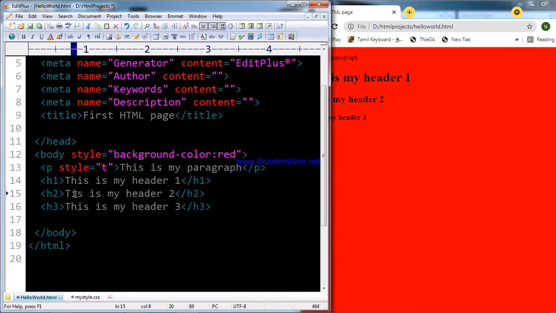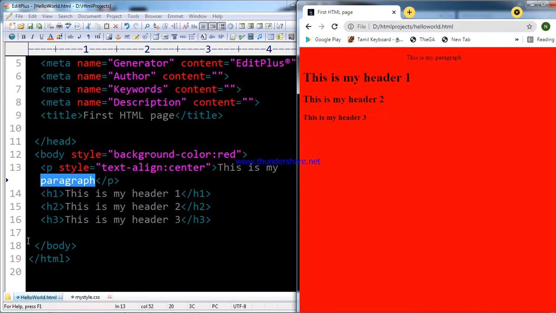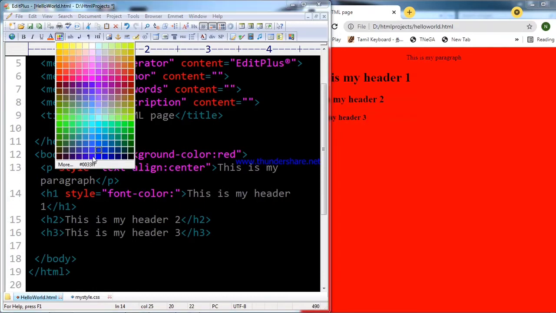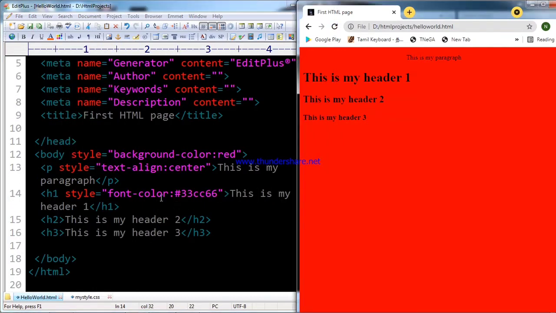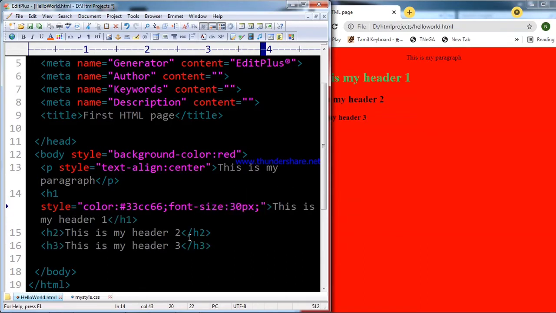Then this is inline. Inline is where I can give a style attribute to the particular element itself. So I can put style equal to so and so. You can apply it like this, but in a real time scenario, we can't do this. Only for testing purposes can you go for this inline type.